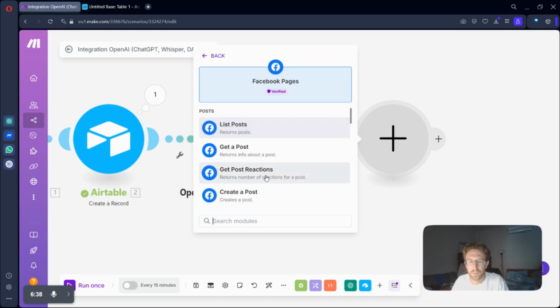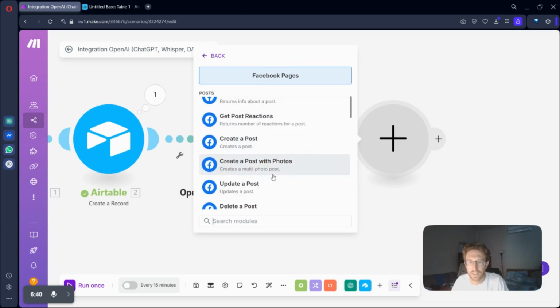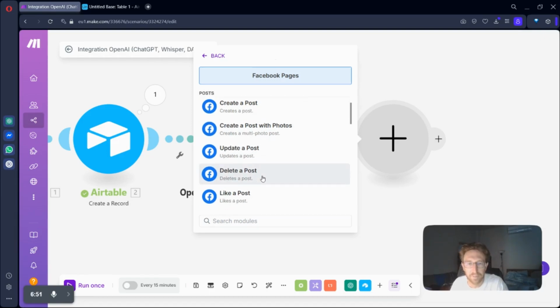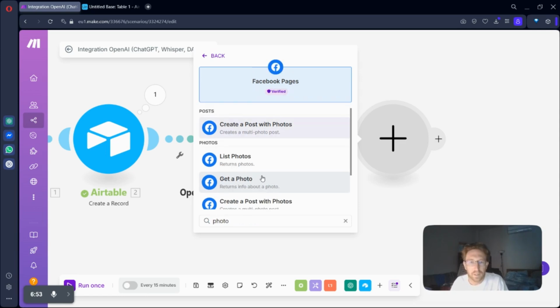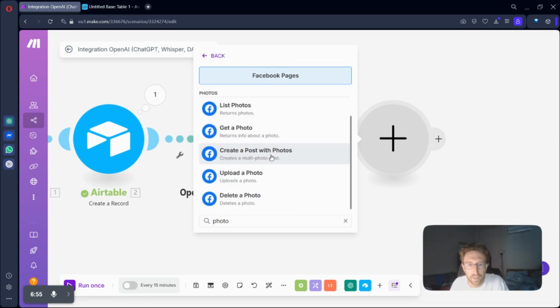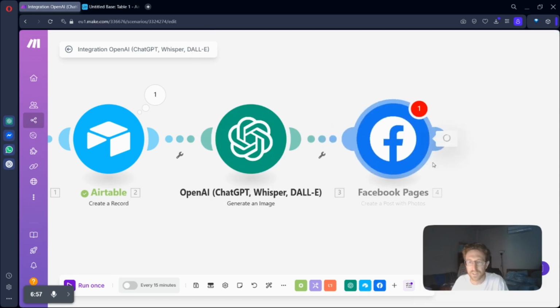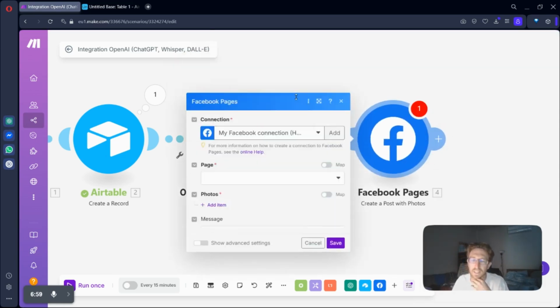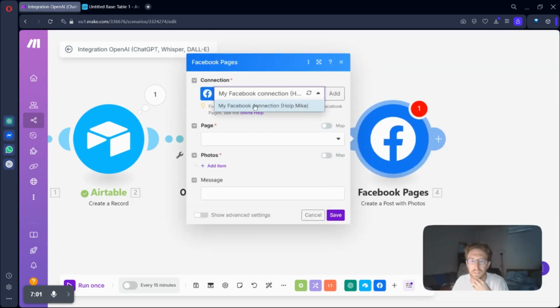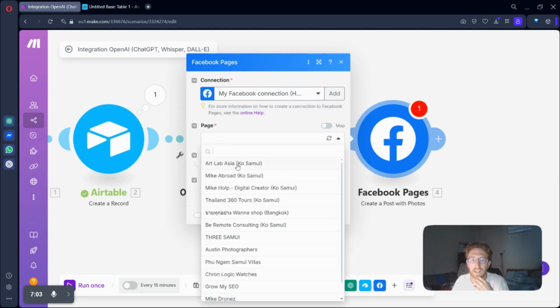So this is where the real true power comes in for the automations. Basically, you can just create posts on social media using the automations, right? So in this case, I want to create a photo post, I believe. So if I create a post with photos, that should do it. And once again, as usual, you would just have to connect up your Facebook account here, and then you can